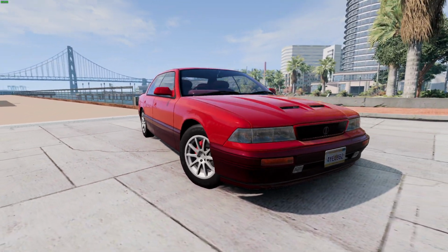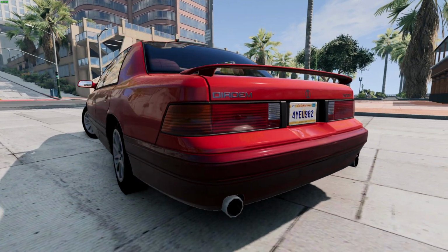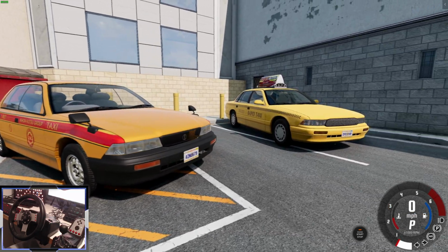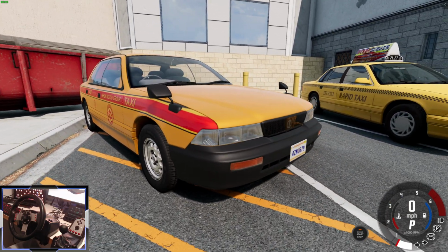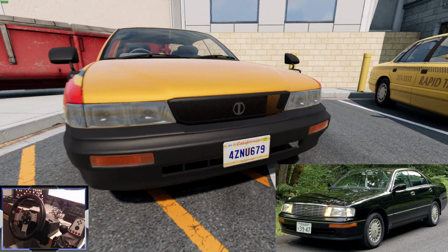The Ibishu Diadem, a BeamNG mod that completely transforms the Gavril Grand Marshall. It's a full-size Japanese sedan with loads of cool configs. This is the base taxi model, and as you can see, it's quite different from the Gavril Grand Marshall. The first thing you notice is these wing-mounted mirrors, very common in Japan. The whole front end has been changed to look more like a 1990s Toyota Crown, but of course, it's an